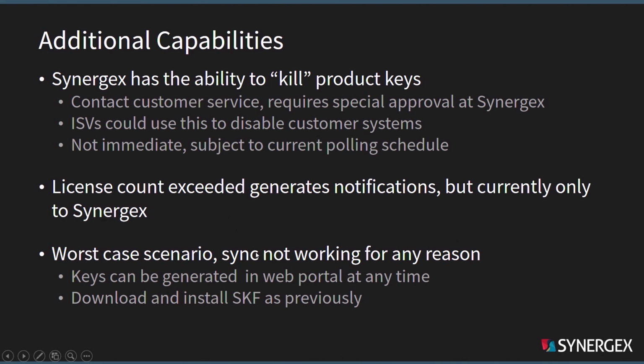Worst case scenario, if license sync is not working for any reason, you can still go to the portal, as I've already shown you, and you can still hit that generate keys button, and it will still generate an SKF file, and you can still apply it the way you always have. Okay, so if the worst comes to the worst and the internet goes away, and like I say, this is not a major change to the way licensing works, it's a major change to the way keys get onto systems, and the point is to make your life